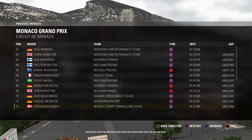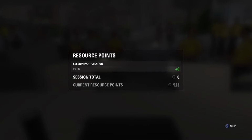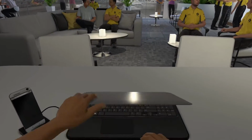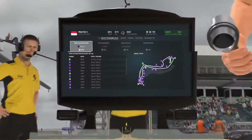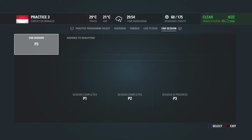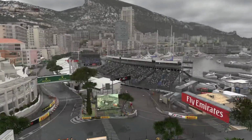Quick look at the classification at the end of the session then. Here are your top three. Rosberg. An interesting practice session there then. Let's remind ourselves of the top three, who are Rosberg,